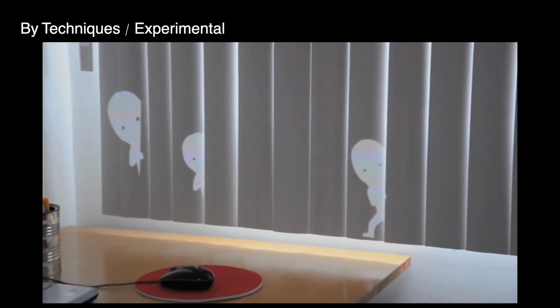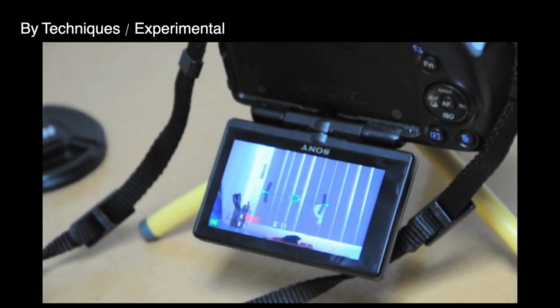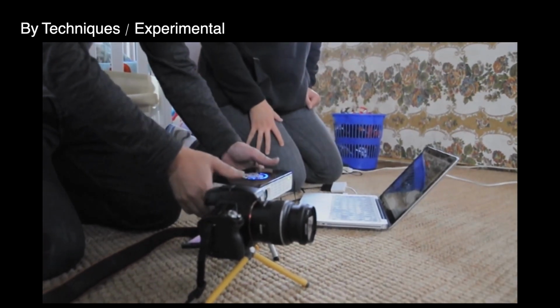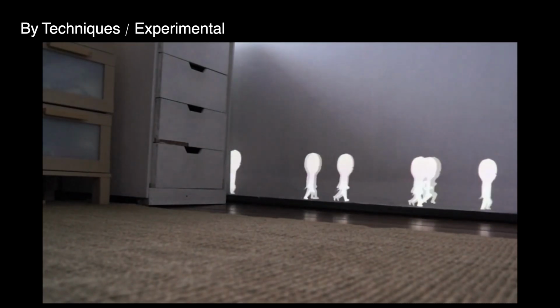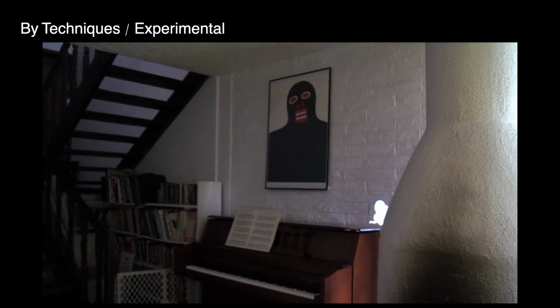So conceptually speaking, this is sort of reverse in a way, because when you do projection mapping, the mapped installation is the final product, whereas in this case, you project it and you record it and you edit, and then you package it as the film. So this was sort of experimental in a way.